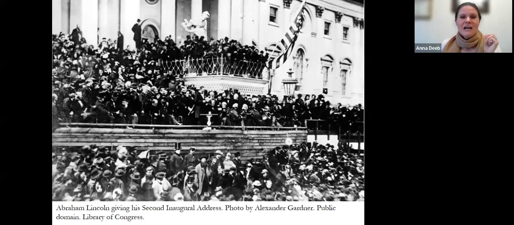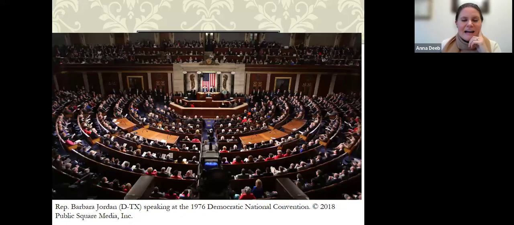More likely, you might have a space like this, especially if you go into government or you present at a conference, albeit a very big conference where you have a microphone, but you have the challenge of speaking to a huge room. And look, behind the speaker, there are people sitting. So this speaker can't even attempt to make eye contact with the people behind them.